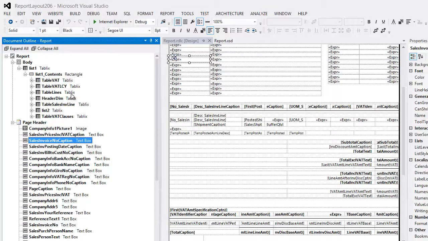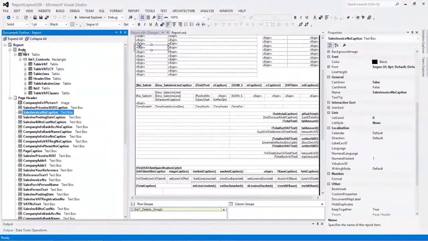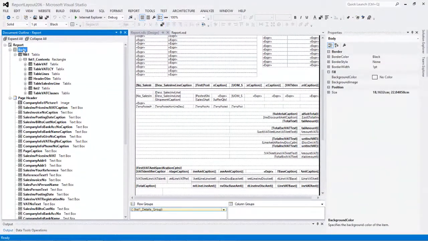With a complicated report like the sales invoice, it can be easier getting to the body properties by clicking the body node in the document outline, because it is hard to find an empty place in the report layout editor and thus having to use the select feature. So for instance, selecting the body node in the document outline allows me to set, for example, the size of the body.